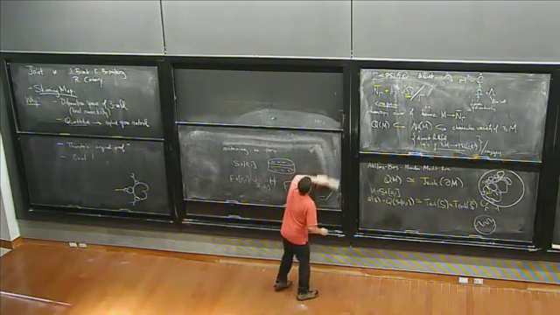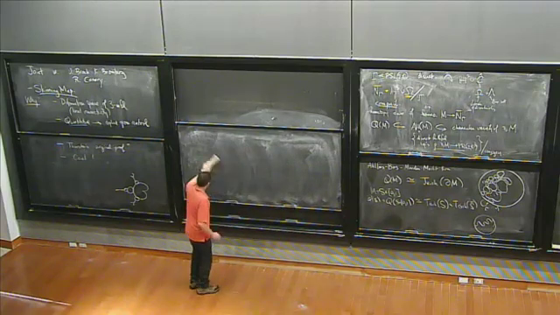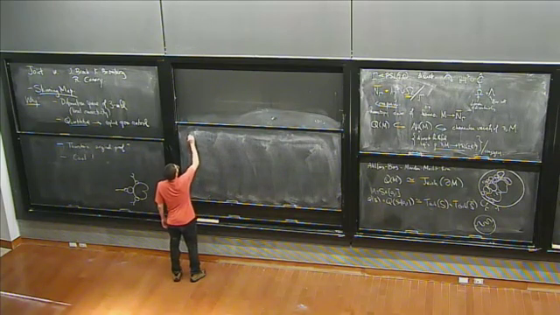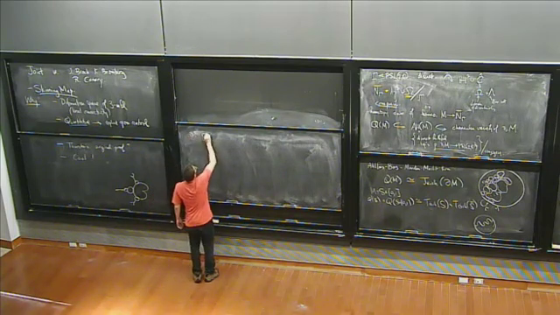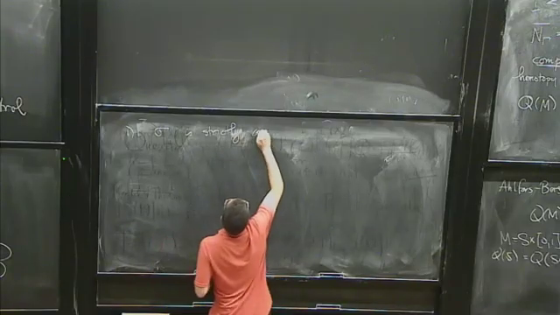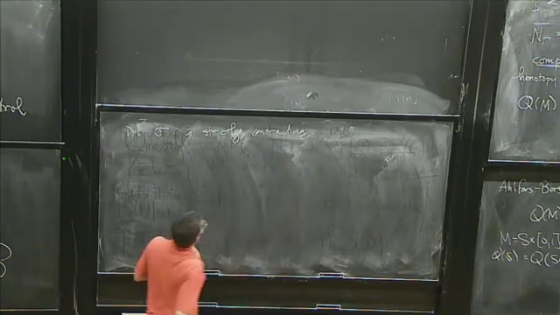So, facts about this map. First of all, the map is strictly contracting. And let me be careful about this. Thurston proved that it was